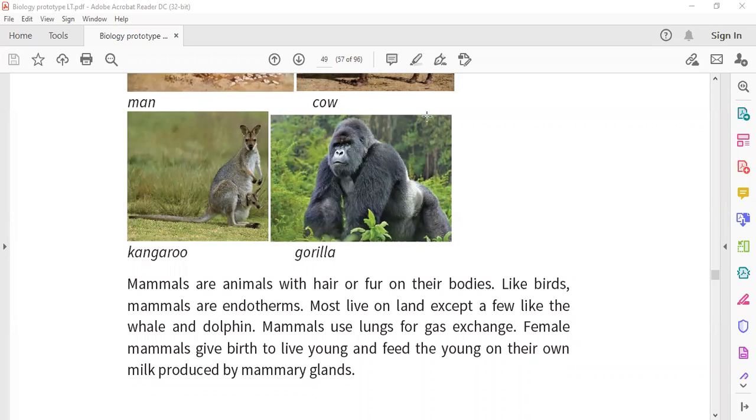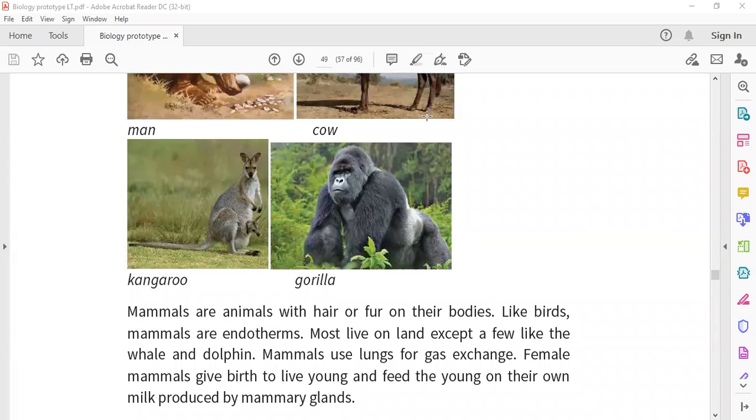Having mammary glands, and possessing lungs, which are used for gas exchange. So as they live in water, they have characteristic features of mammals. So the people classifying would rather put them into that class than another class. Producing live young ones is a very important